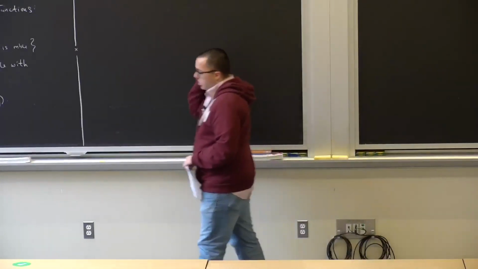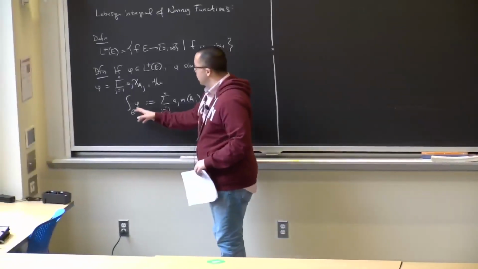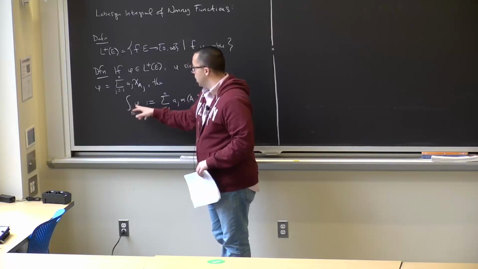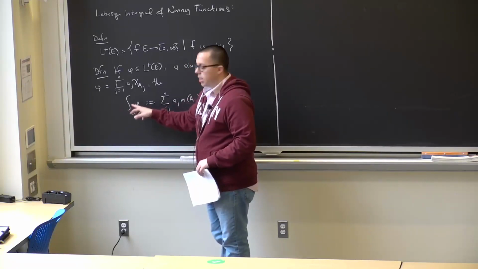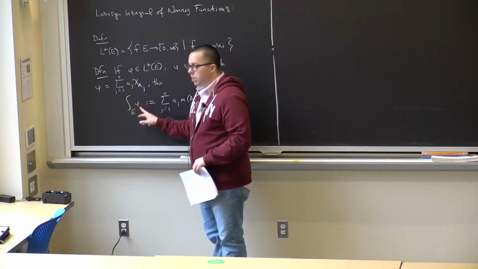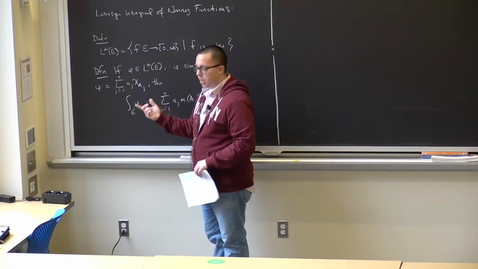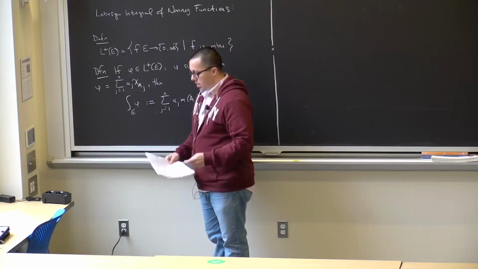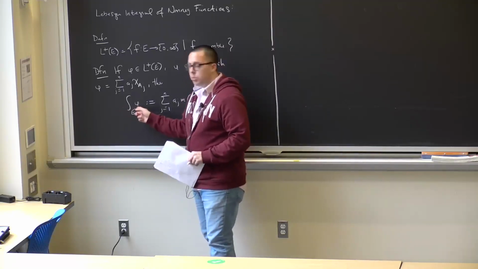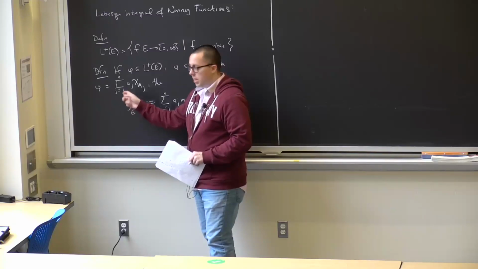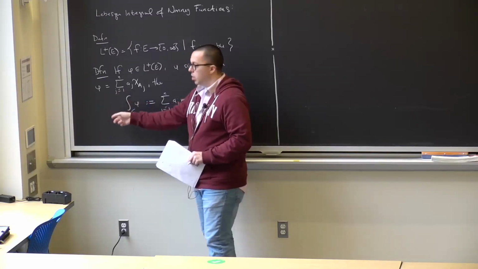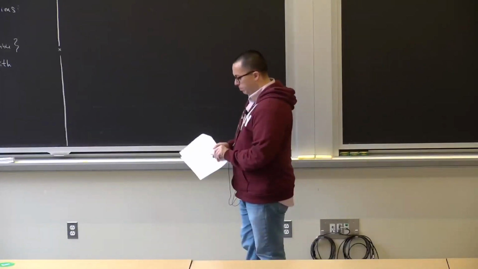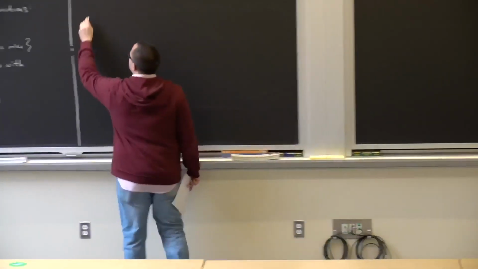And we proved a couple of properties of this. Namely, if I multiply a simple function by a non-negative scalar, then the scalar pulls out of the integral: the integral of the scalar multiple of phi is equal to the scalar multiple of the integral. If I have two non-negative simple functions and I add them, I get another non-negative simple function, and the integral of the sum is the sum of the integrals. And we also proved that if I have two simple functions, one less than or equal to the other, then the integrals respect this inequality: the integral of the smaller one is less than or equal to the integral of the bigger one. Okay? So now we're going to define